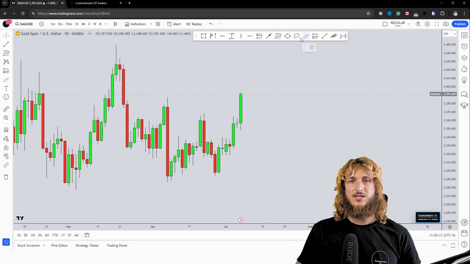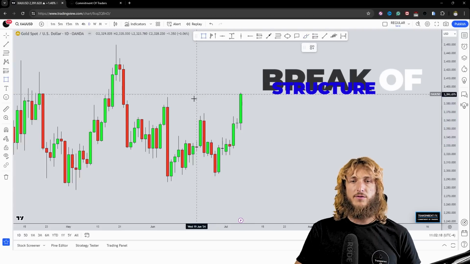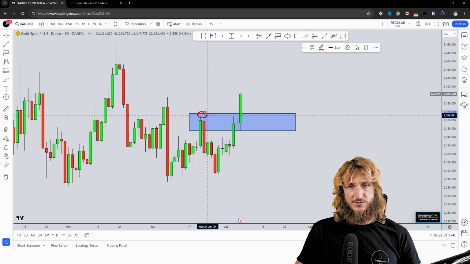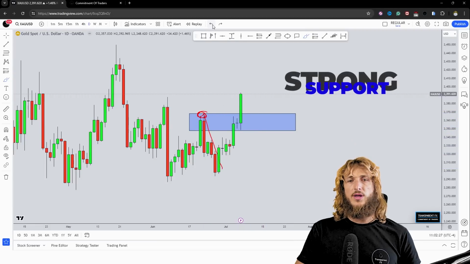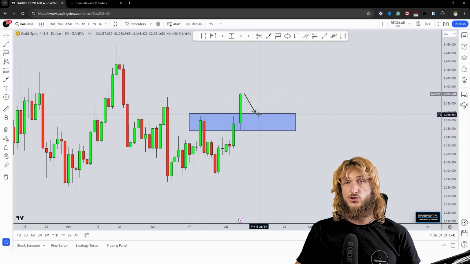We have a market which has just created a very strong impulse to the upside, breaking above structure. In fact, this previous daily resistance, from which all this move to the downside was created, has now turned support. So if the market will now go for a retest of this level, this previous resistance should be acting as